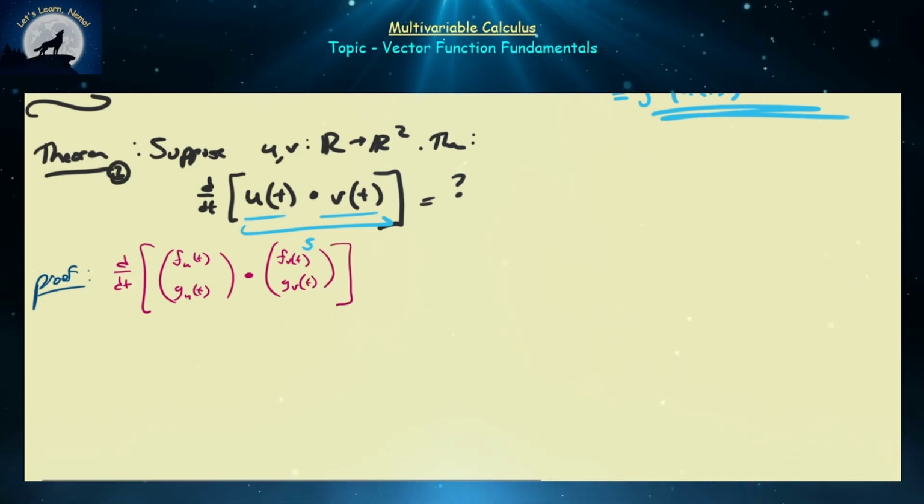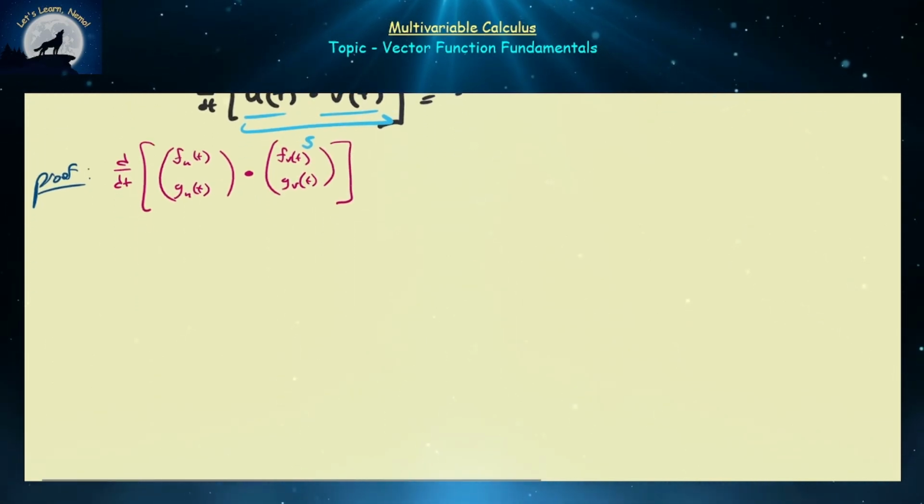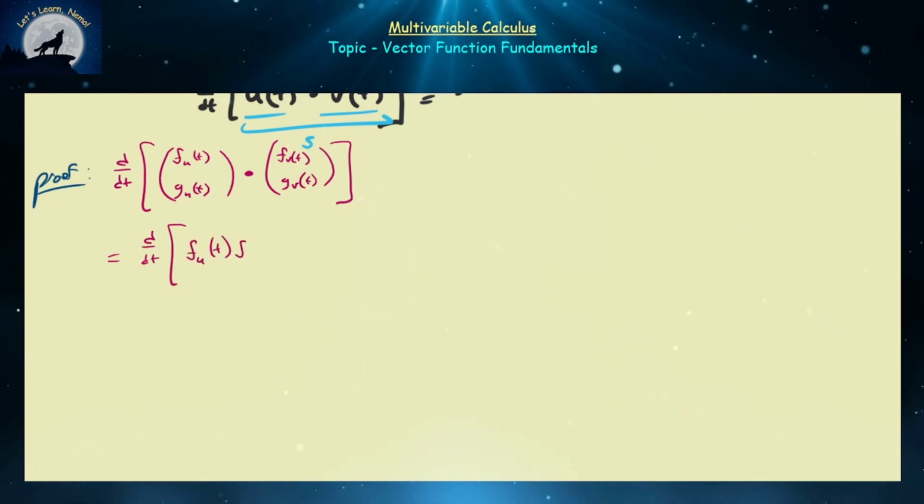And we know how to find the dot product of vectors. It's just the sum of the products of the components of those vectors. So this is going to be equal to the derivative of fu(t) fv(t) plus gu(t)